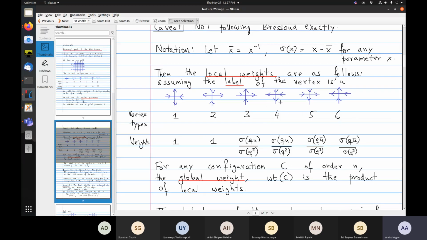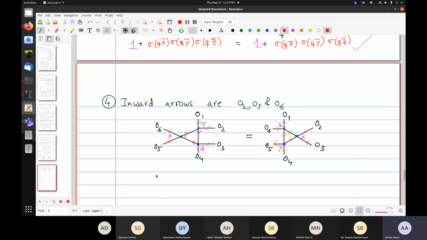So down and left is sigma q u, but it's sigma q z bar. Oh, sorry, I forgot this earlier. I should have put sigma q squared. So this is qz bar by sigma q cubed, and I get plus